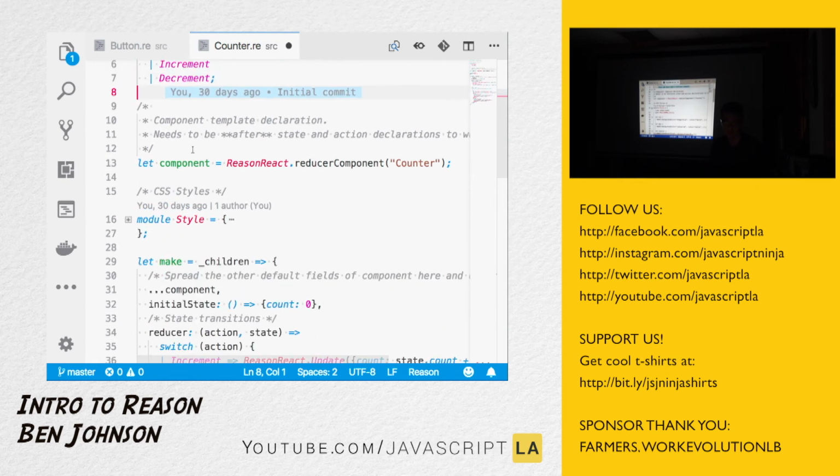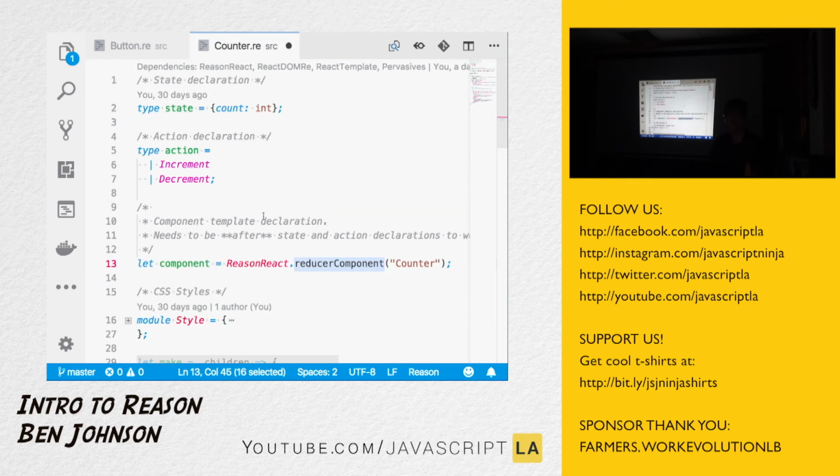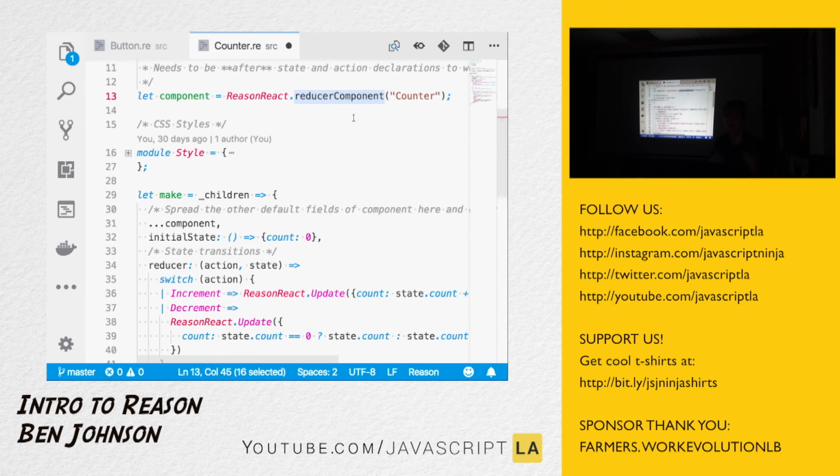Once again, I'm just keeping the style simple, but we declare our component, and it's called a reducer component. If you're familiar with Redux at all, you will recognize the terminology, right? We'll recognize state, action, and reducer. This is Reason's way of handling local state inside of its components, and it's actually the Redux model. And so as we look later on, we declared our component, we have our make function,